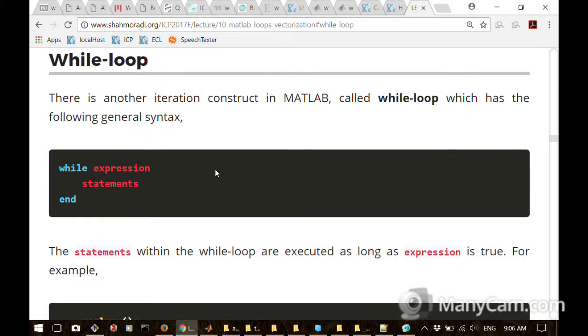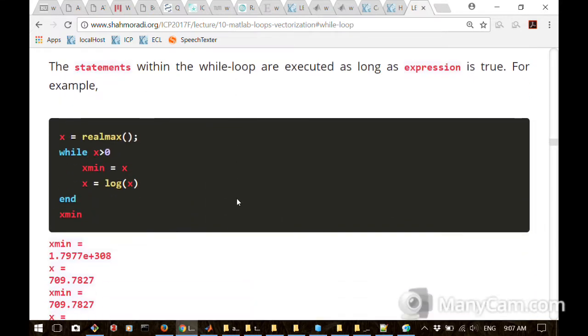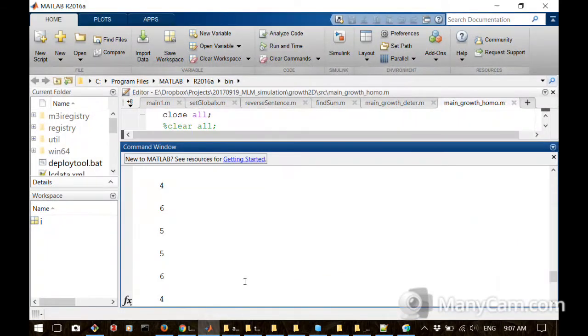So, I told you last time about for loop. The while loop also has a very simple syntax. Instead of a for, you're asking your code to wait until a condition happens, to repeat some set of tasks until a condition happens, and then you get out of it. As simple as that. So like for example, I could say